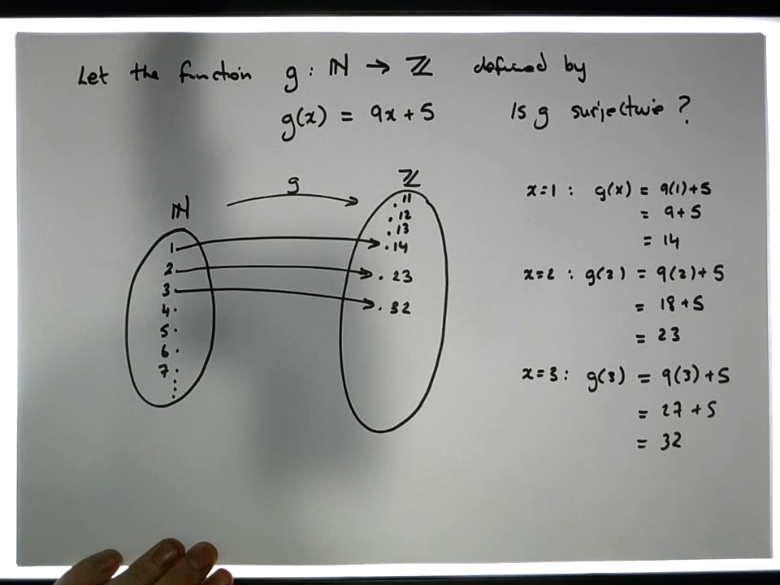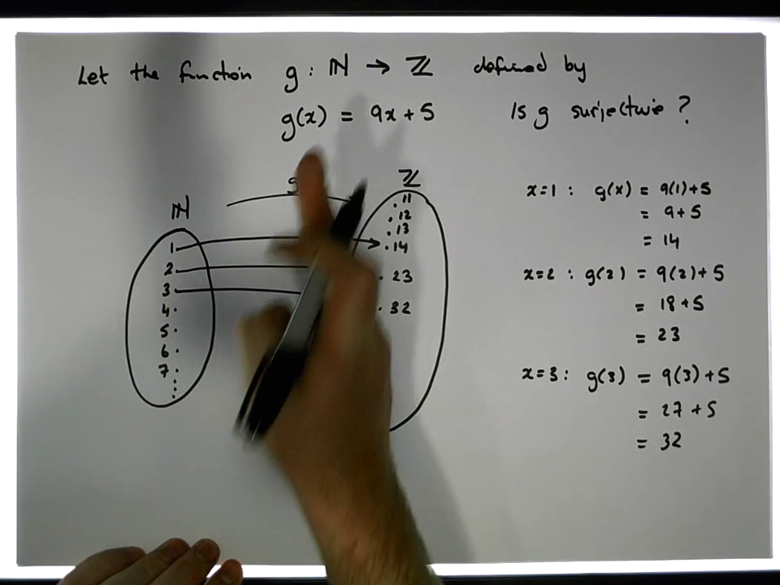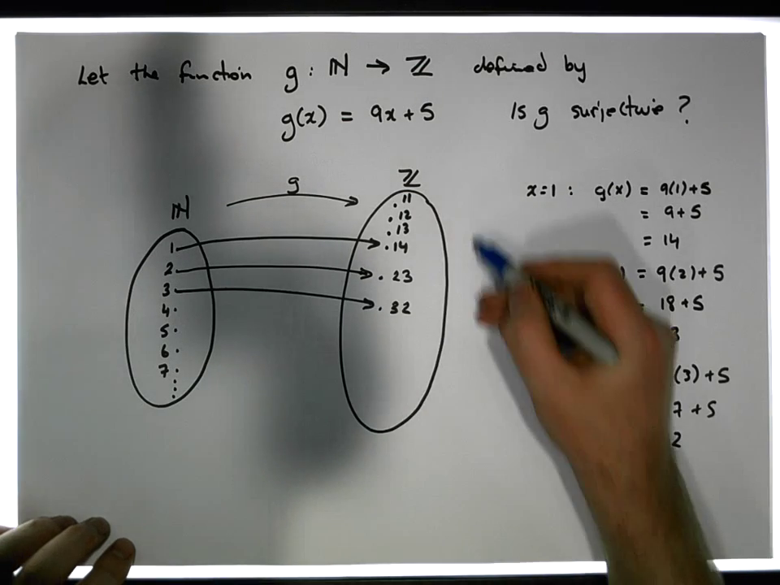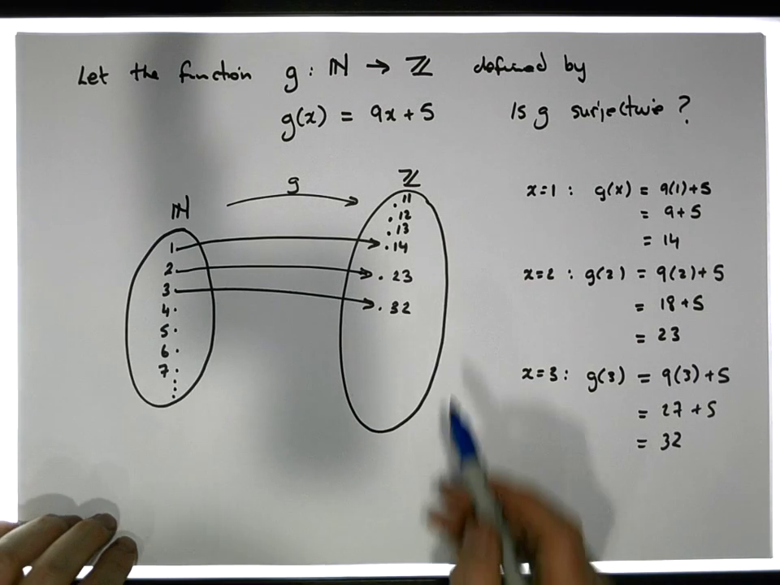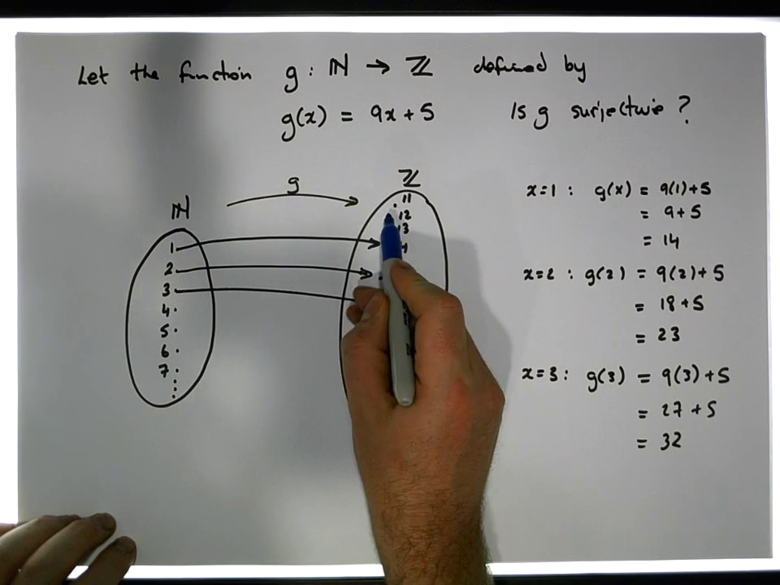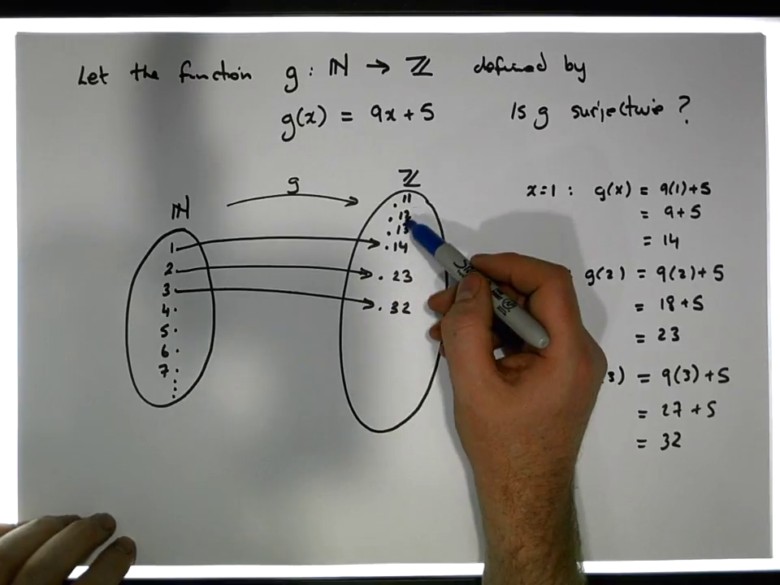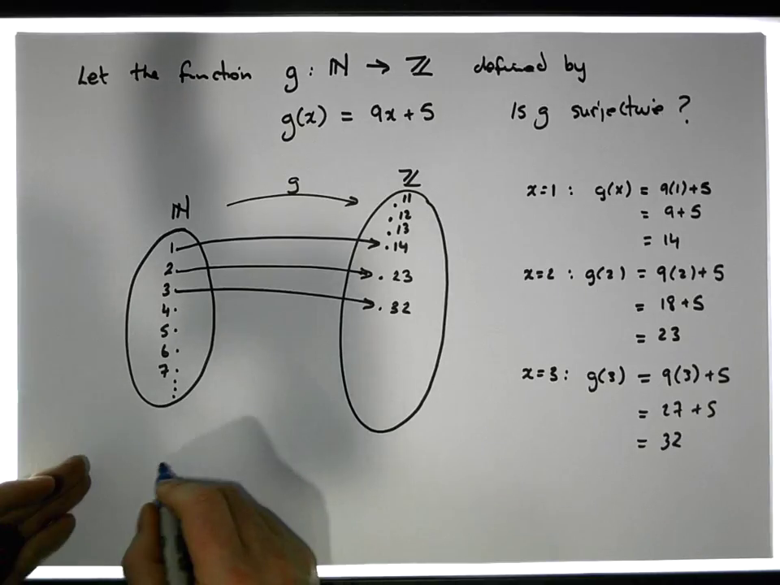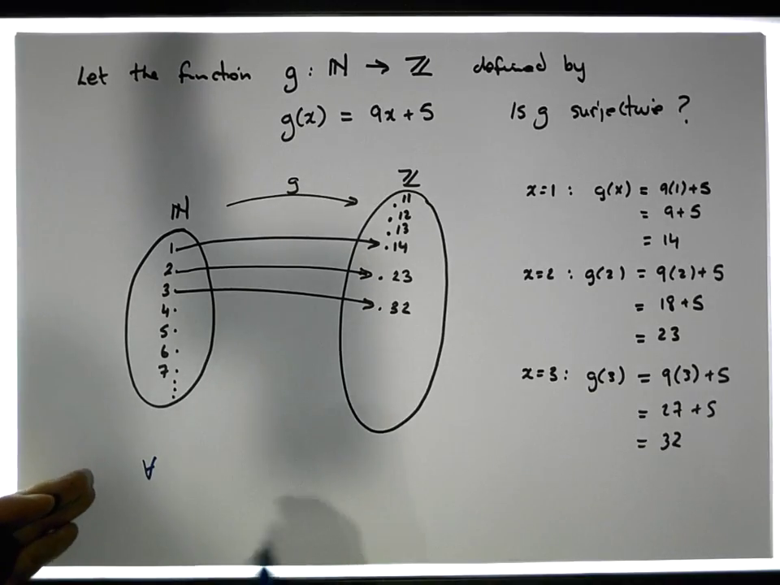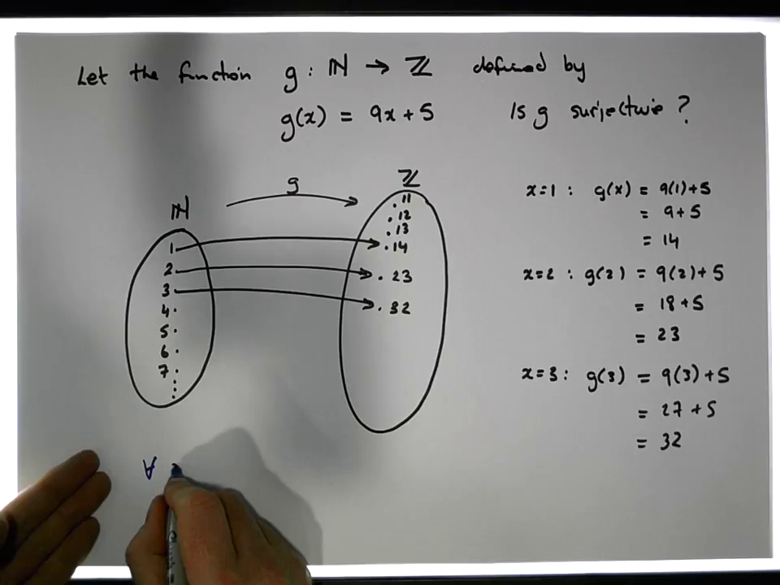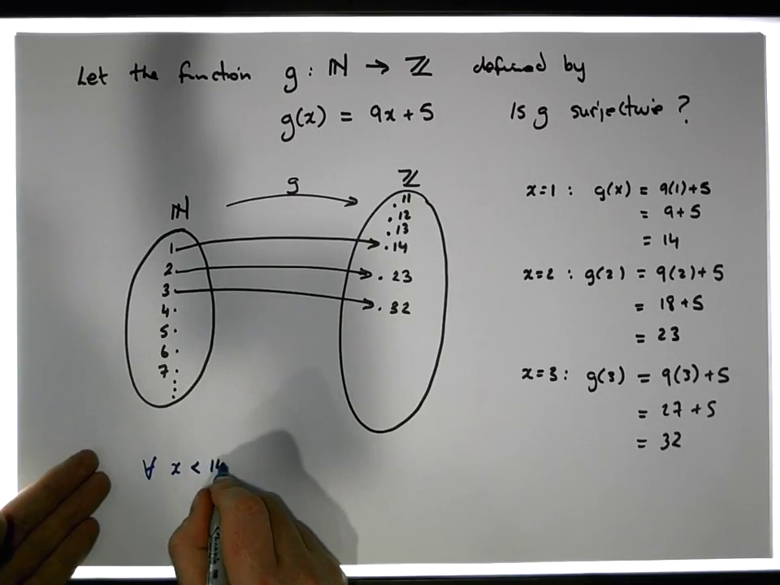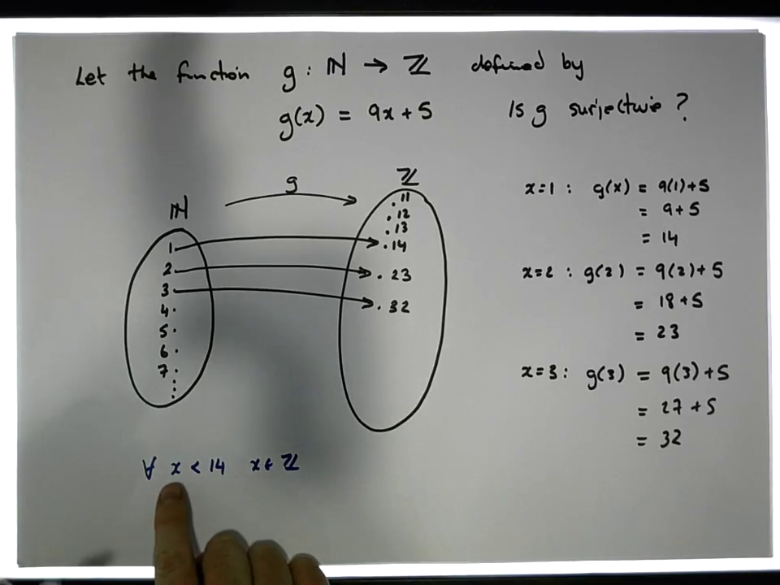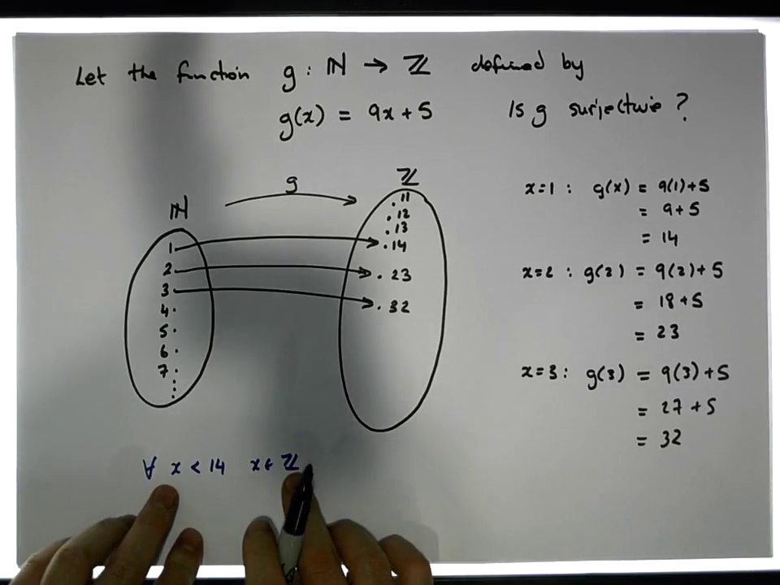So the question is, is this a surjective map? Well, for it to be surjective, every value inside the codomain, every value in here, would have to have an arrow coming into it. And we can clearly see that there's lots of values, all the values that are less than 14. So for every x less than 14, where x is an element of the integers,